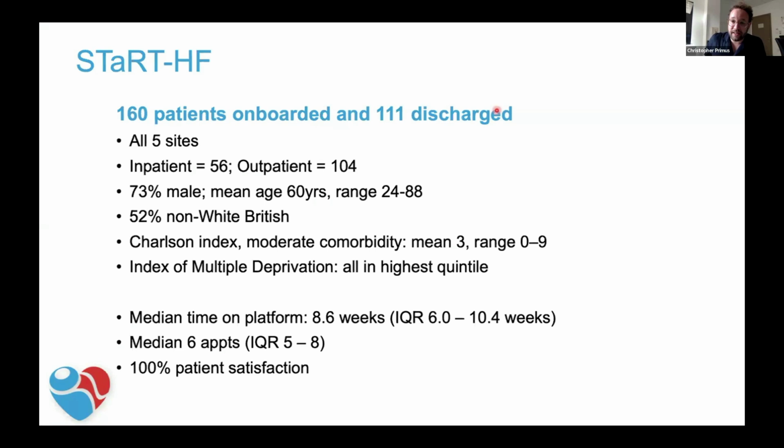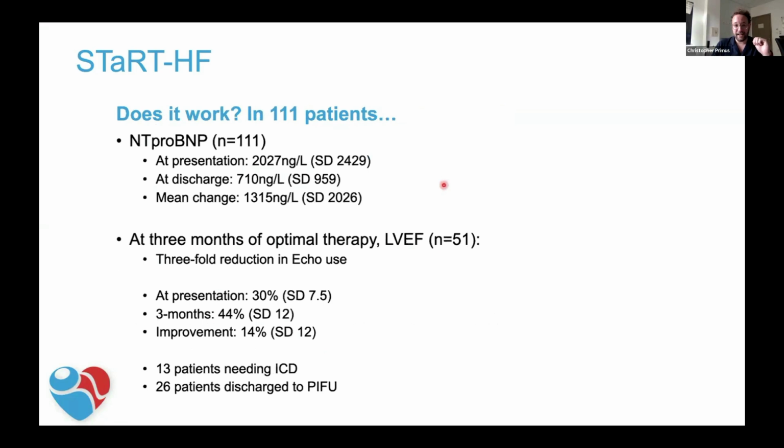We've got better at it. So when we first started and looked at this data in our monthly dashboard, it was taking us 10.5 weeks. We're now down to 8.6 weeks, roughly 6 appointments. And those are touch points delivered via message to increase a dose based on a patient giving us blood pressure, heart rate, and telling us whether they're dizzy or not. The patients have loved it. Our pharmacists are extremely popular when patients come back to see us in clinic. Does it work? Well, actually, the data is phenomenal. Huge reductions in NT-proBNP, which to me are clinically meaningful.